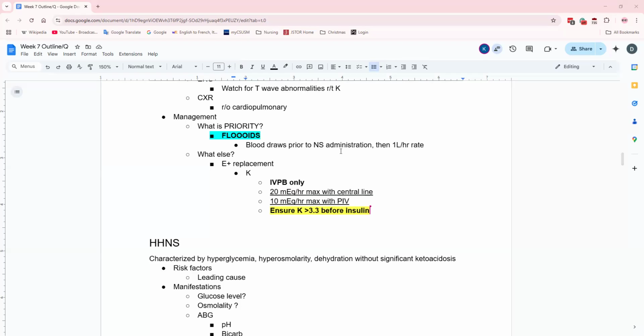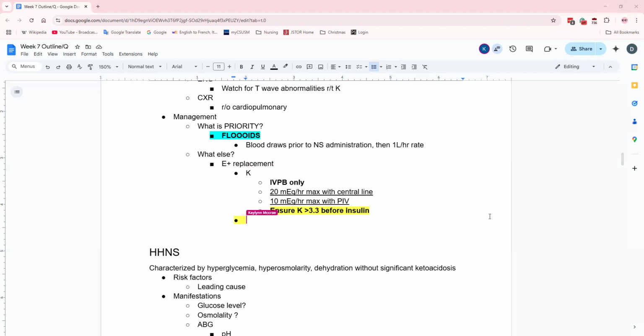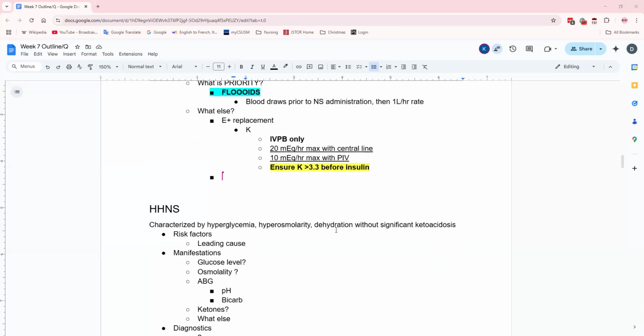But yeah, fluids. Like Mr. Robbins says, fluids, because obviously if they are bottoming out, that would be fun, right? We love that. No, we don't. First things first as well, potassium, making sure that you do that IV piggyback and making sure, like Josh mentioned earlier, that your potassium is greater than 3.3 before insulin, because insulin pushes potassium back into the cell and we're going to drop it out more. So don't do that, preferably. I mean, unless you want to lose your license, but I'm good personally.